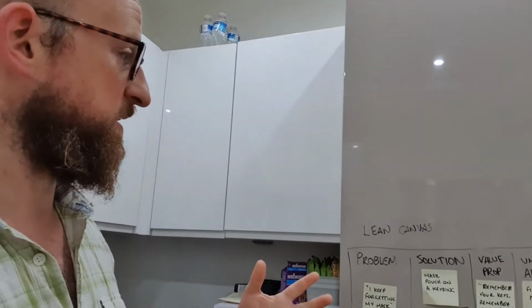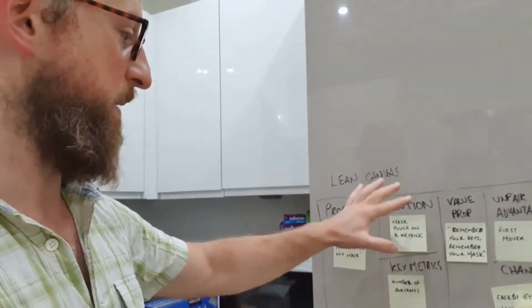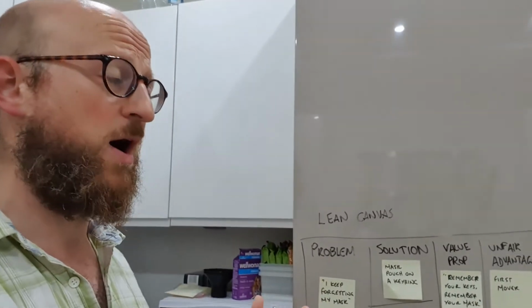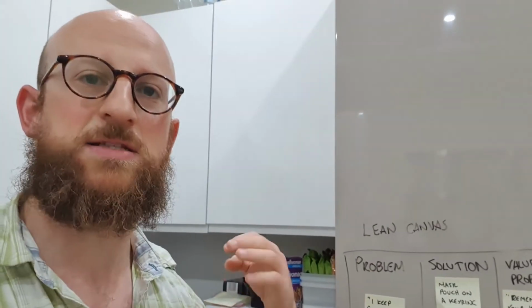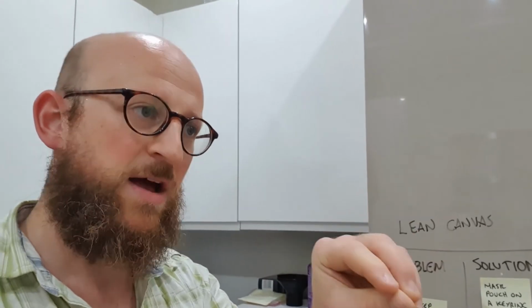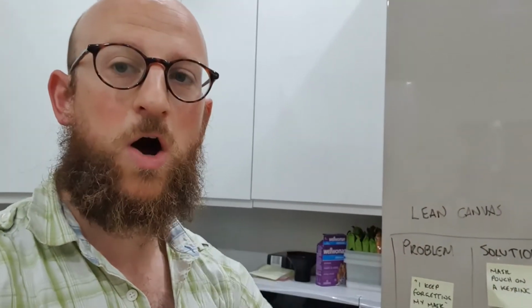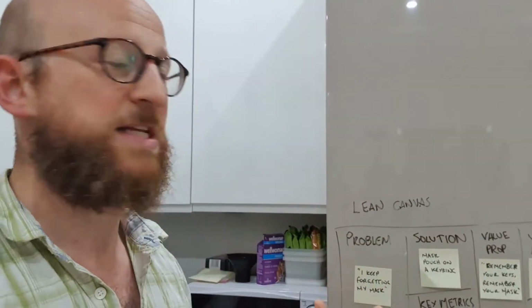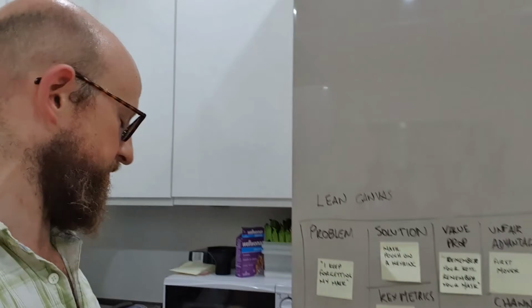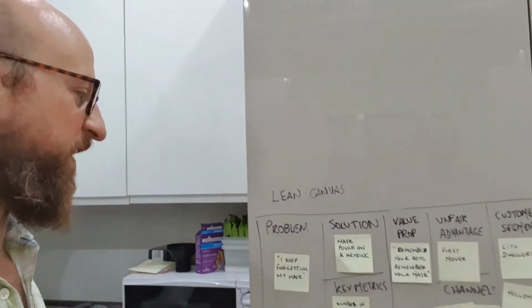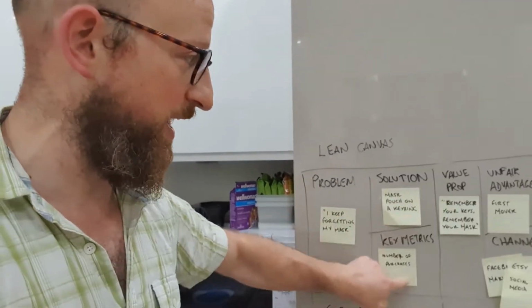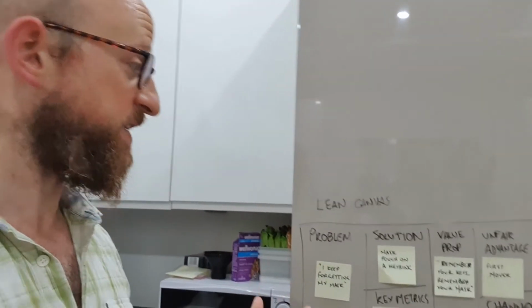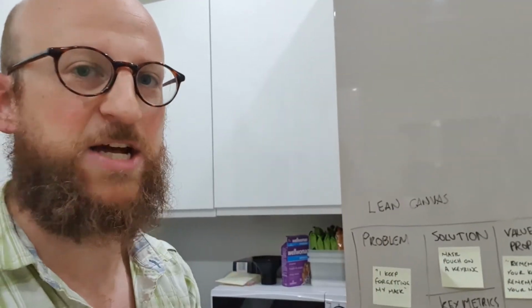Because I can now go and say which bits of this am I most sure about and which bits of this am I least sure about. And the ones that I'm least sure about, I can test them, and I can test them very precisely and not have to build a whole pouch manufacturing operation in order to test it. In future videos, we're going to be looking at the wisdom and the ideas contained in the Lean Startup for how to test the things that are in your Lean Canvas quickly, cheaply, without having to build the whole thing. So for example, and I'll just give you one teaser of what this might look like,